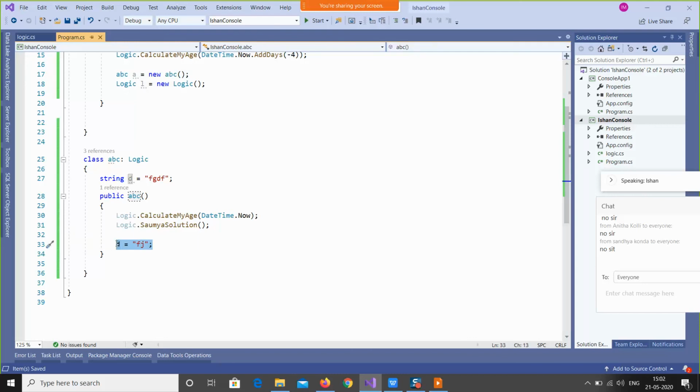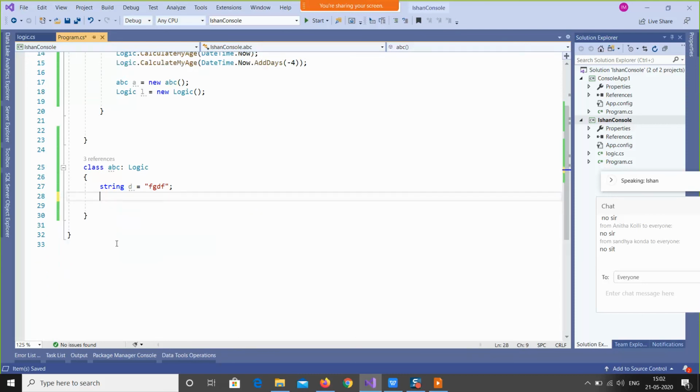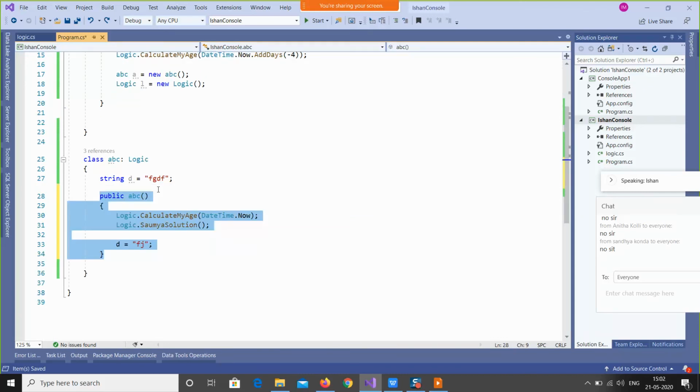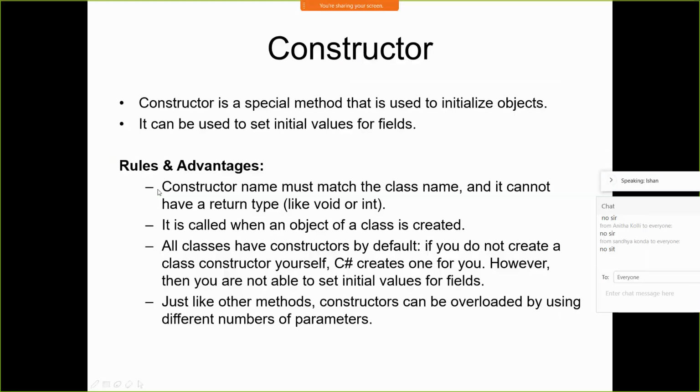If I don't have any constructor, I won't be able to change this data at the time of initializing the class. Later on, yes, with the help of functions and methods, or even by anything else, I can change this value of d. But using the constructor, I cannot change it if I don't create any constructor manually. Okay.